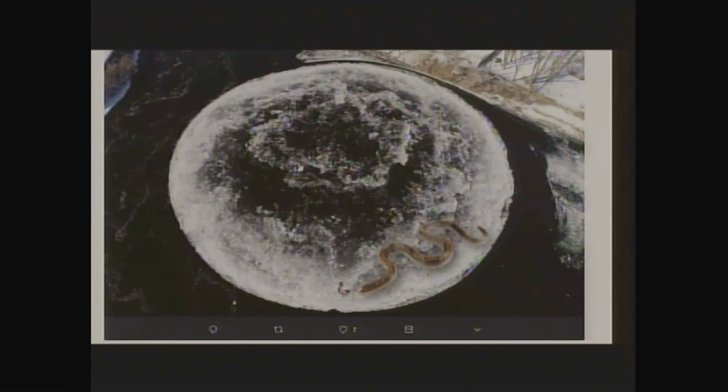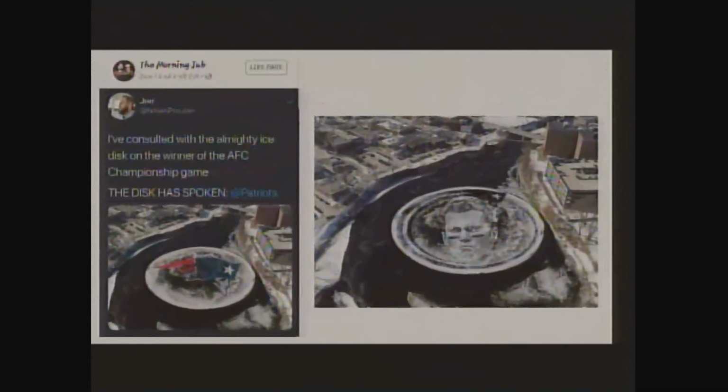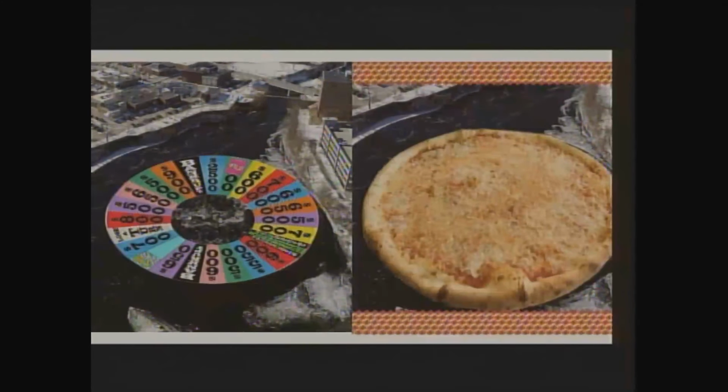We had a lot of memes created. We got Wessie going after a duck. There was a lot of talk about aliens creating it. Some Patriots memes, of course, over the Super Bowl. Wheel of Fortune and pizza, why not? They're round. So